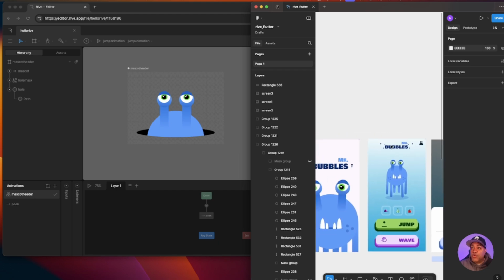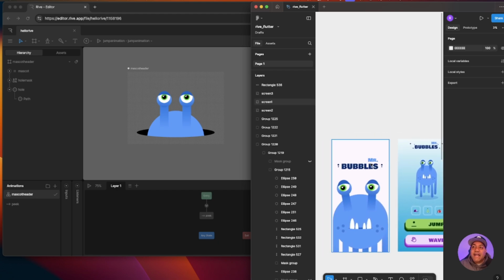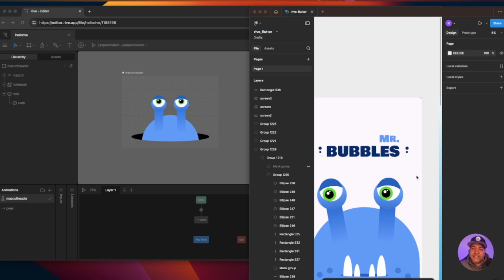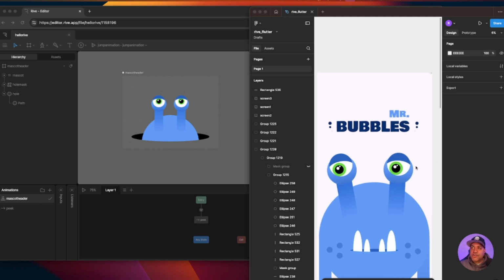And last but not least, we're going to focus on this Mr. Bubbles title component, if you want to call it, with some bubbles on the side. So let's focus on that and then we will wrap up this video with that. Let's focus now on the last element of this character and this whole application that we're building. The last item that we're going to be fulfilling is this title right here with some of the bubbles on the side. So we're going to start creating this title that we will later on be able to edit programmatically,